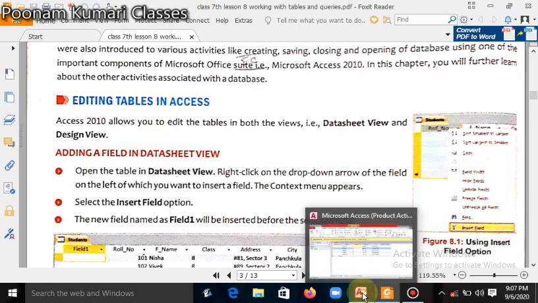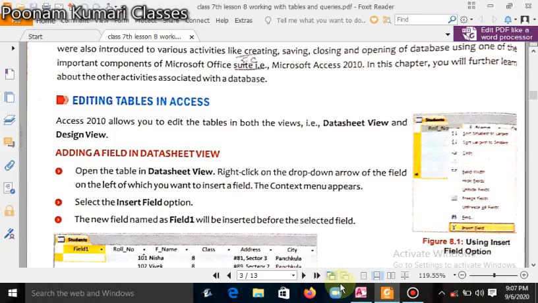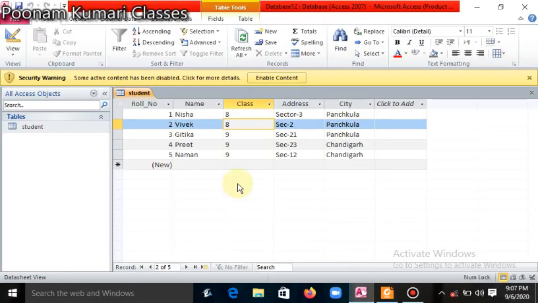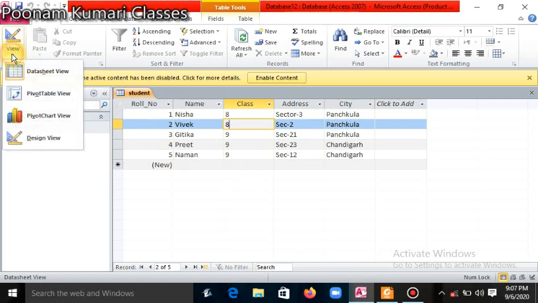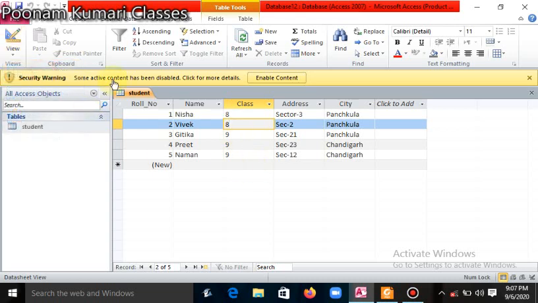I open Microsoft Access and I already have one table in this. This is your view tab. In your view tab there are two views, one is datasheet view, one is design view. If you want to edit data in the datasheet view, you can select that and open the datasheet view. This is already open. Right click on the drop down arrow of the field you want to insert.